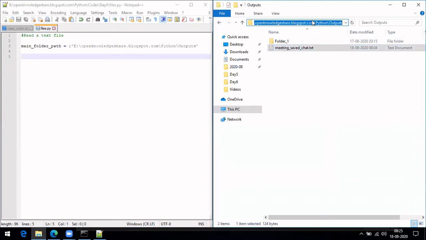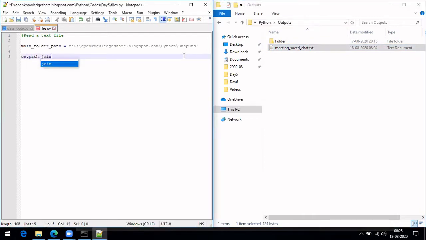As of now, we have given this particular path. I want this path, which will be inside it. So what we should be doing is os dot path dot join, and then give this main folder path and meeting text.